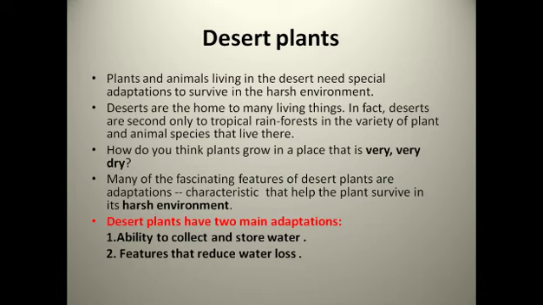The second question is, why don't the leaves of these plants rot in water? We all know that these plants have a waxy coating, and the waxy coating on the surface does not absorb water. So this is the reason the leaves of these plants don't rot in water. Now come to the third question: why are their roots short and fibrous?